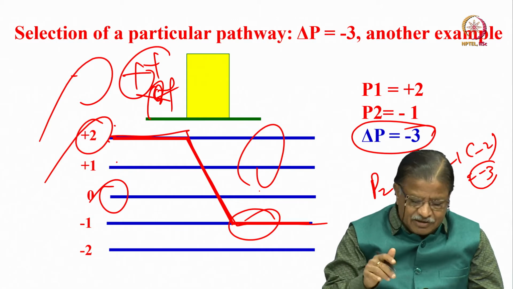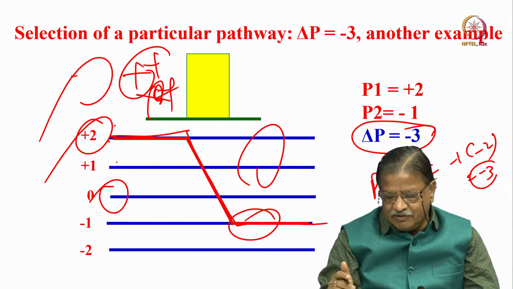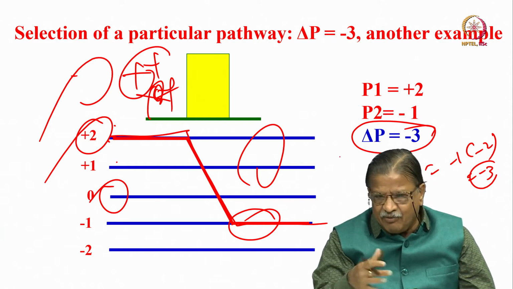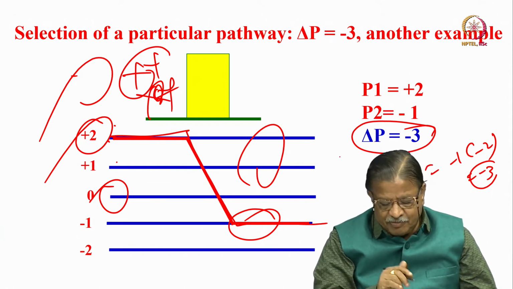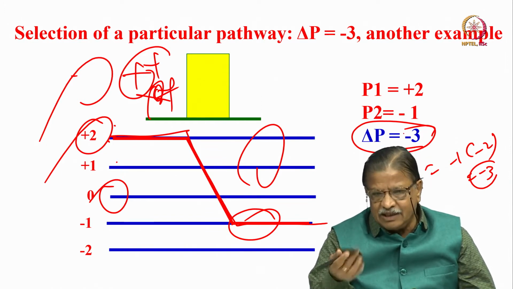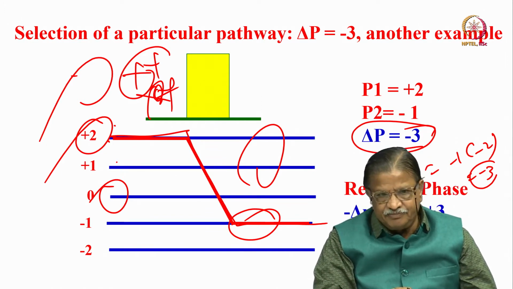Not all, I will come to that. Some multiples of that will come back. That I will tell you at the end. But anyway, other unwanted things will go. Let us put it like that. Delta P -1 will be selected. For example, 2, 1, other things will completely get rejected.